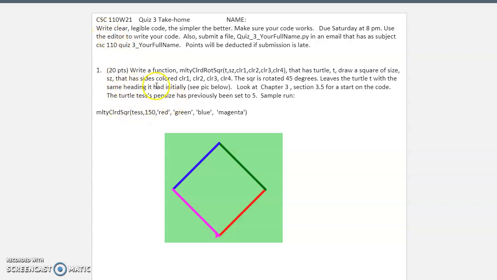For this quiz, we are asked to write a function to draw this kind of square looking like a diamond with 4 different colors. We use 6 different parameters to define this function: the turtle, size, and 4 different colors. So we go to,